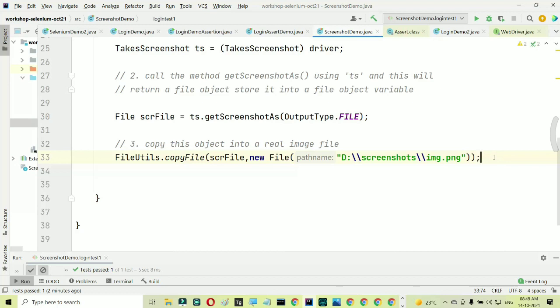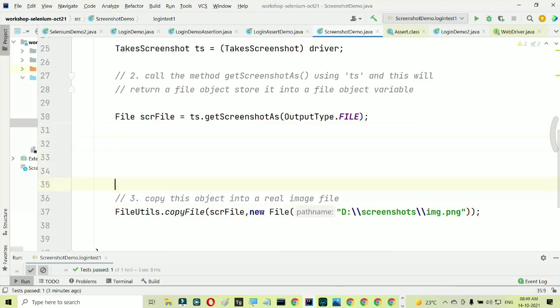So while creating this file name, I will take the current date time and capture that into a timestamp. So I'll create a string and call it timestamp.